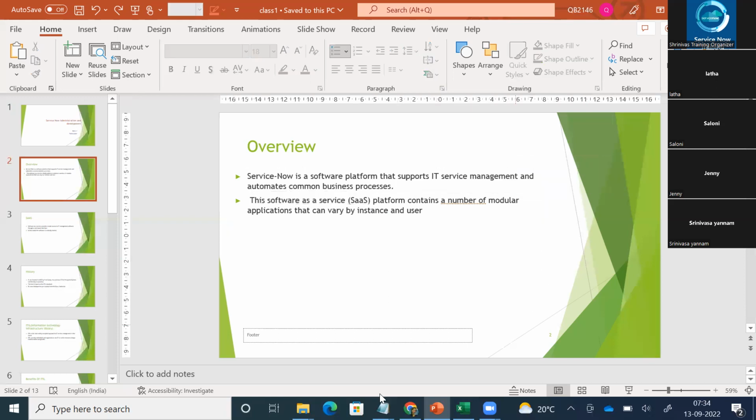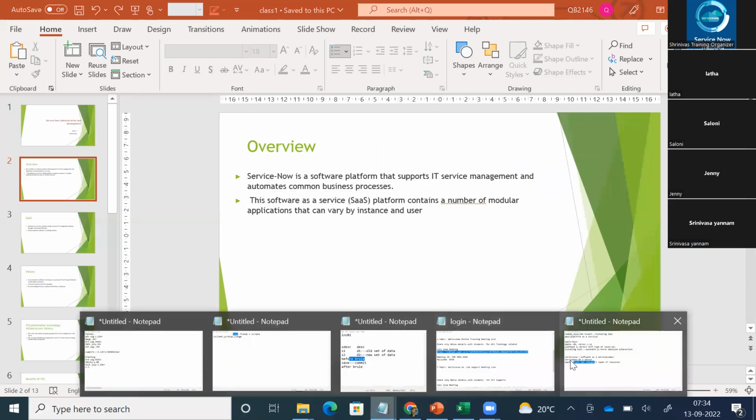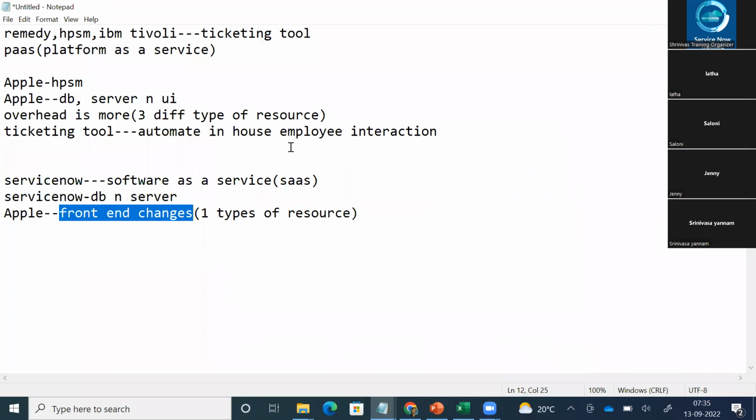So for us to understand that, let me grab a notepad over here, guys. Over here, I've given a little introduction. Let me elaborate all these.